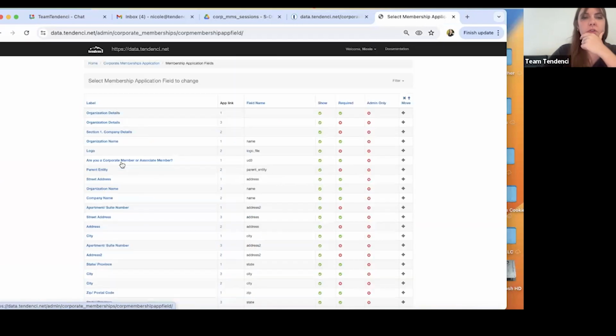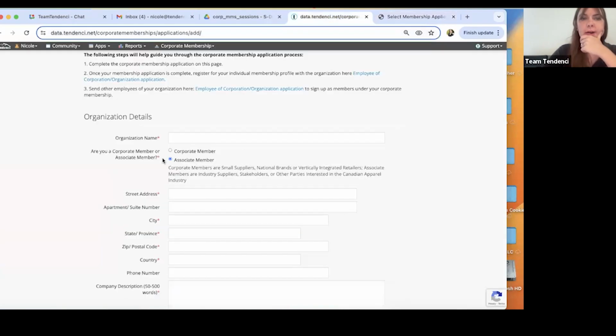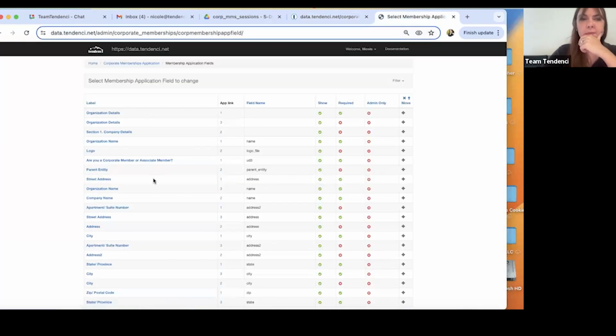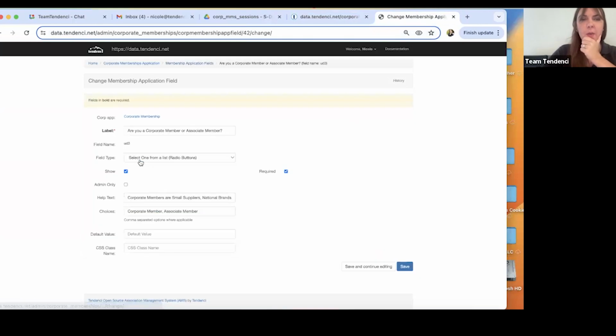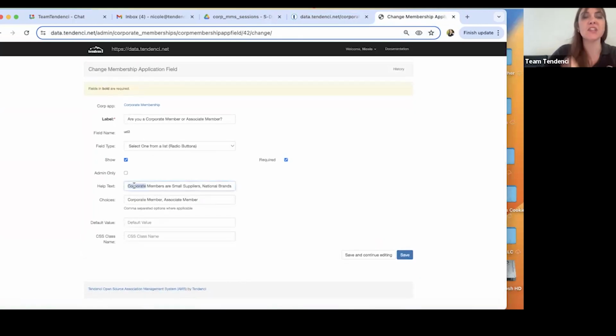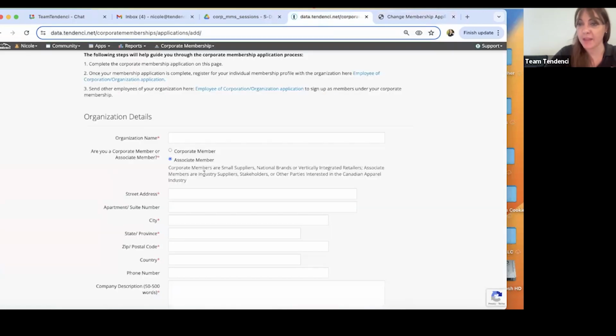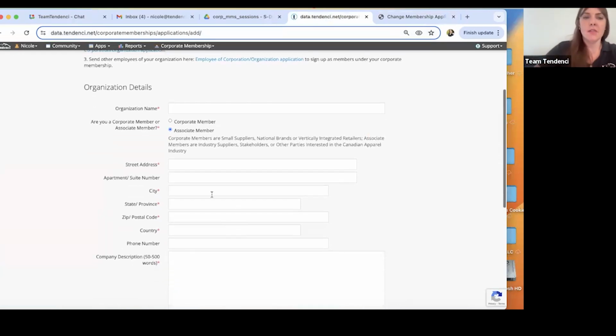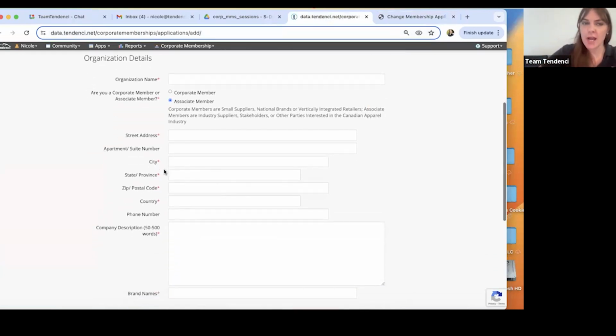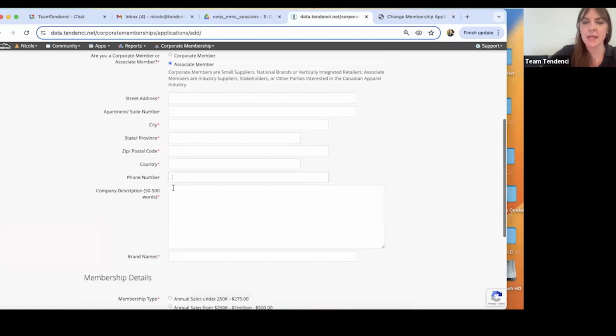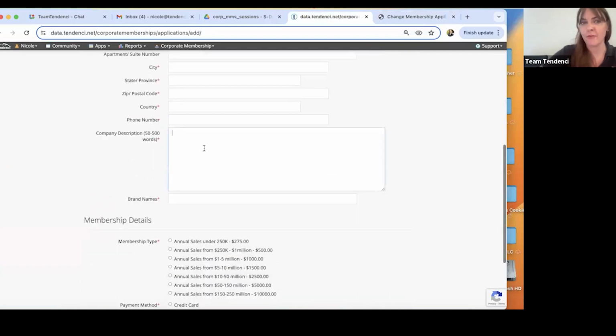Okay, so here's our fields right here. That was, are you a corporate member or associate member? So we'll take a look at that one here. And you'll see that I've added help text. I've added a whole paragraph, right? That is going to appear on the front end of the application as an explanation on how to fill out that question, okay? Then you have address, contact details, a paragraph for a company description,